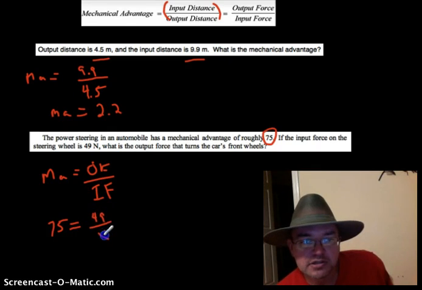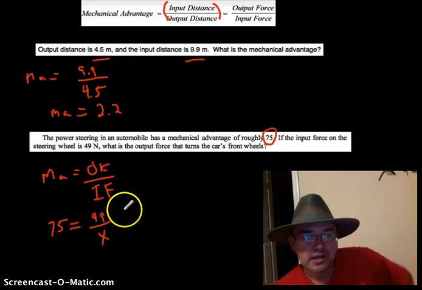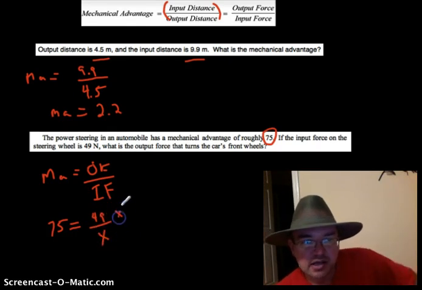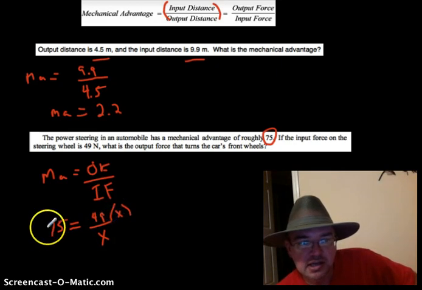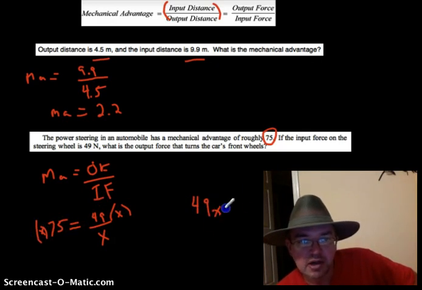over, let's go with X. So we had to get X on one side. That's going to be kind of complicated. So we multiply each side times X. Now I'm afraid I'm going to run out of time here. But we're going to end up on this side with 49X. Oh, I'm sorry, the X's cancel out. And we're just going to have